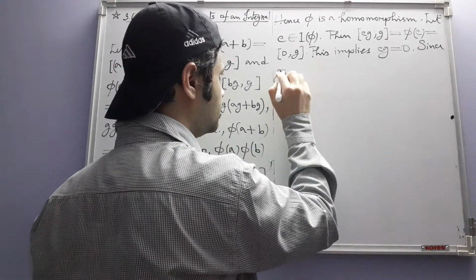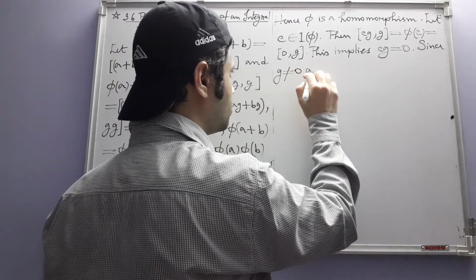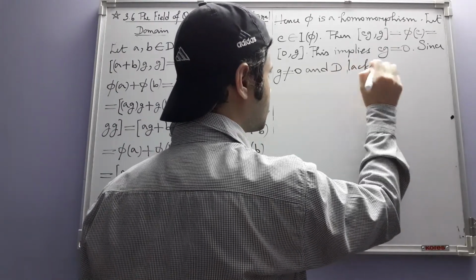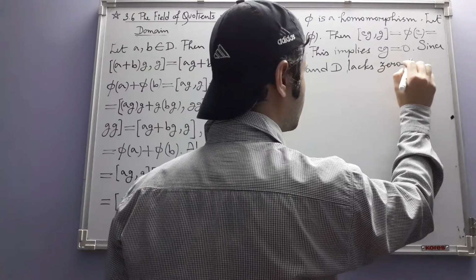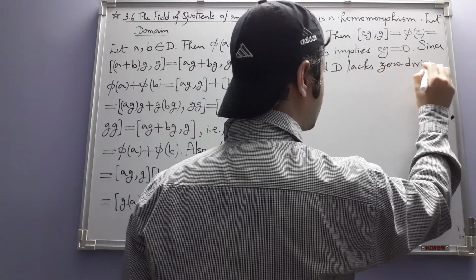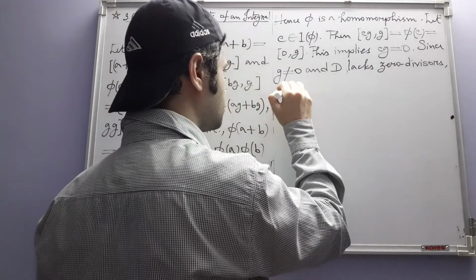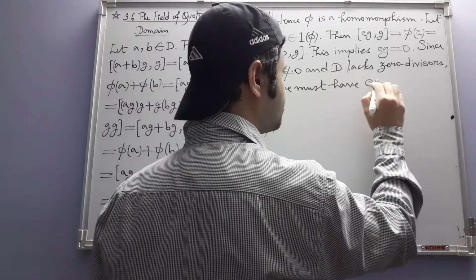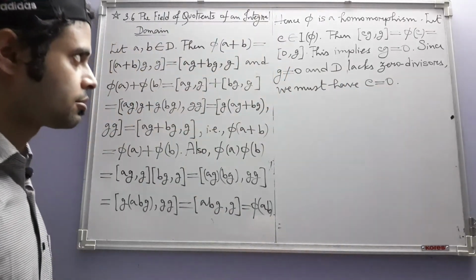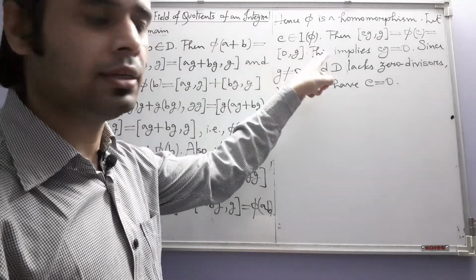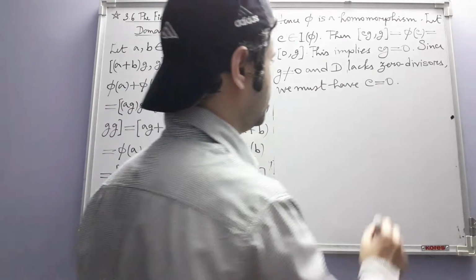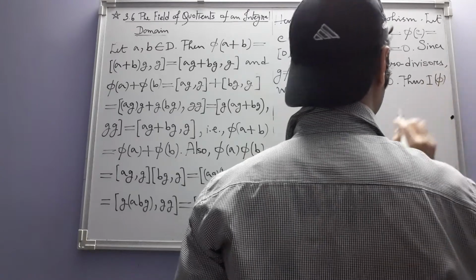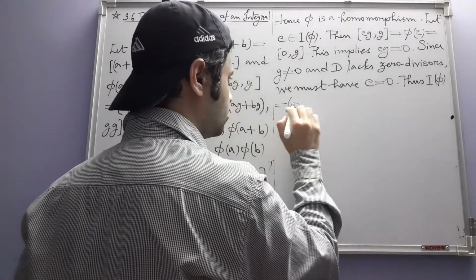So since G is not equal to 0 and D lacks zero divisors, we must have C equal to 0. So the only element possible in the kernel of phi is the zero element in the integral domain. Thus, the kernel of phi is equal to 0,